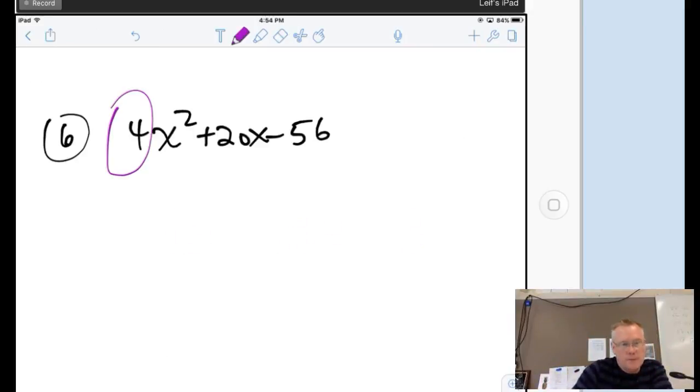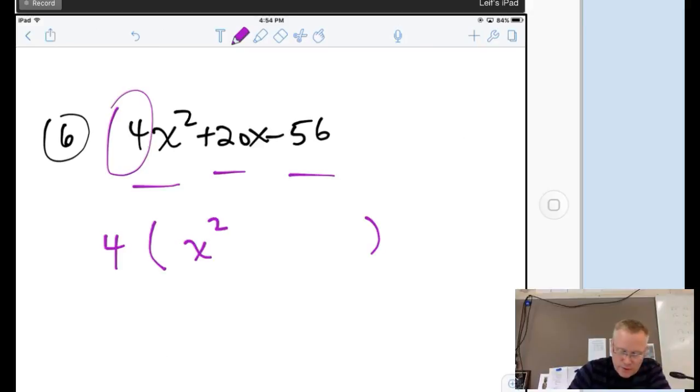you'll notice all of these three numbers here are divisible by 4. And when you can do that, I can pull a 4 out of all of them. I can make my life much easier, like I pulled that negative out. And what I'm left with is just the x squared. 20 divided by 4 is 5x. And 56 divided by 4 is 14. Now this just got a whole lot easier, because now I can take this and look